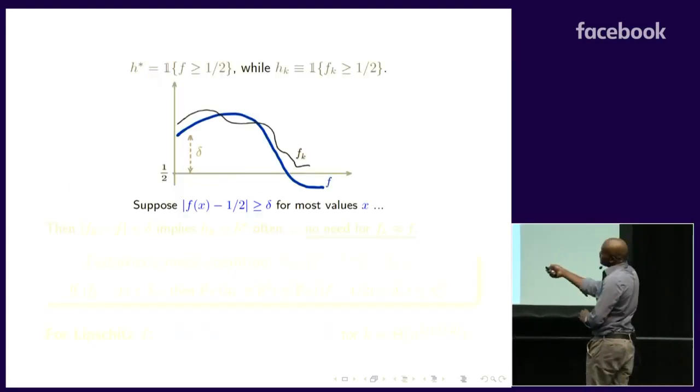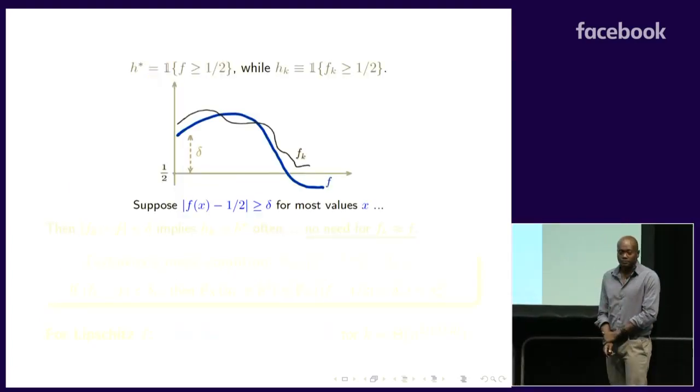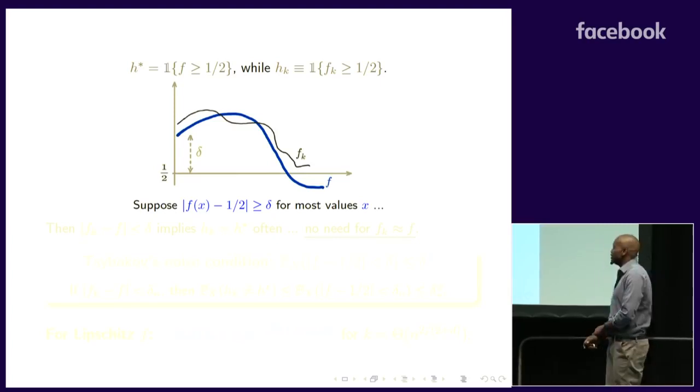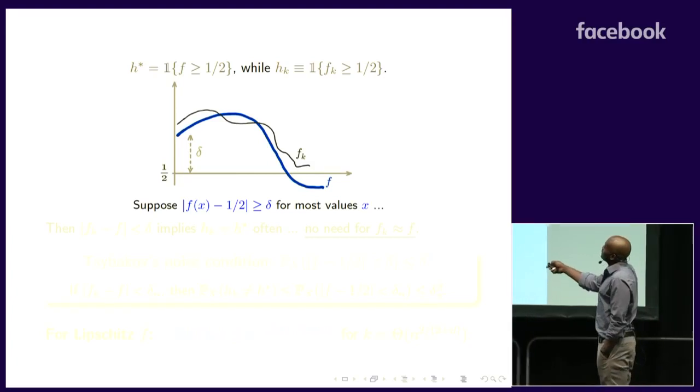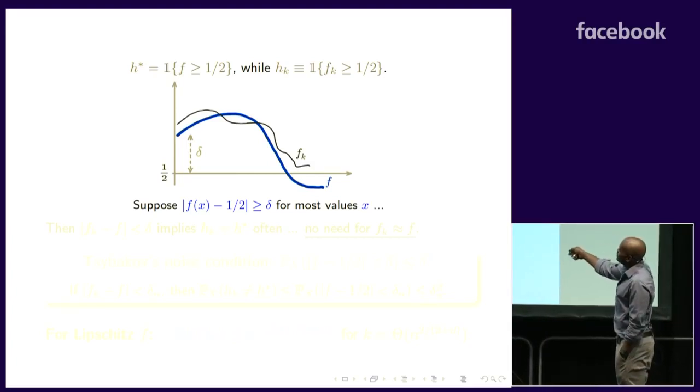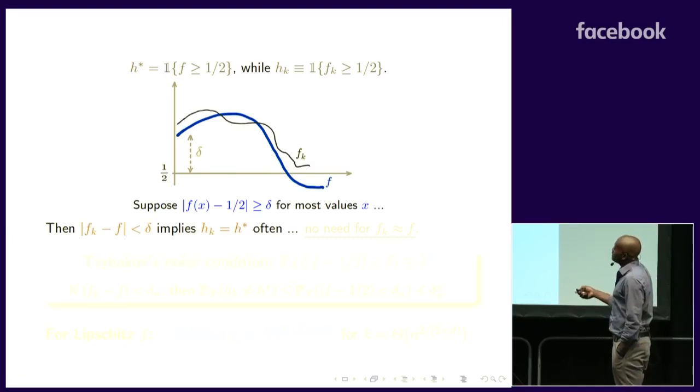So let's again look at the same cartoon. And now the question. Notice first the following thing. Suppose that f has margin delta nearly everywhere. F itself is not very close to 1/2. Let's say it's very far from 1/2. If it is very far from 1/2, then what that means